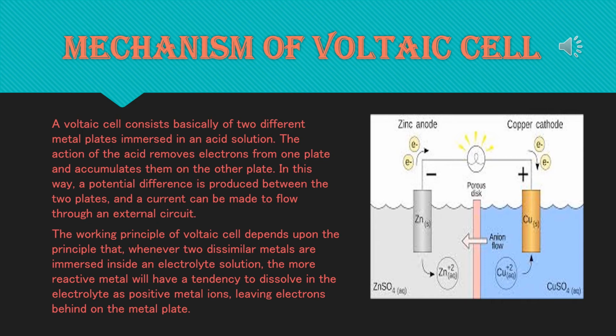After making circuit by a metal wire, then electrons from negatively charged zinc plate flow to the positively charged copper plate. That is, conventional current flows from copper to zinc plate. When current is drawn from the cell, zinc gradually goes into solution. So zinc is called the fuel of the cell.